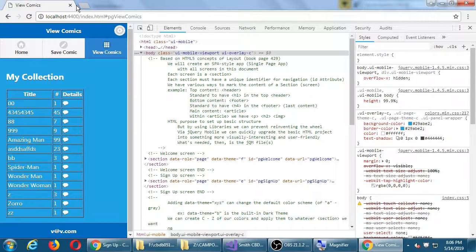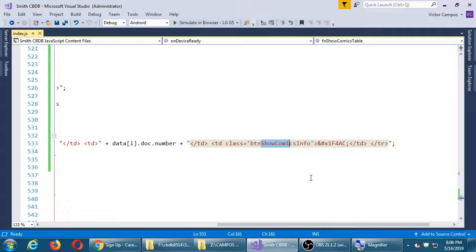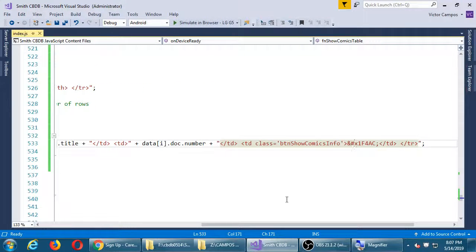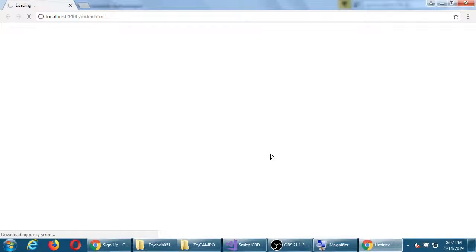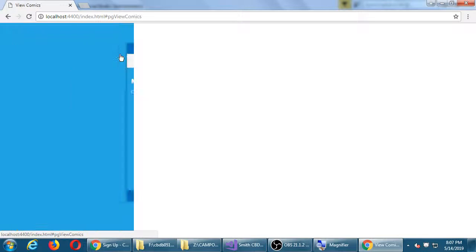We started to build that functionality in by adding a class to the cell where that icon is at. So when we click on the icon, do something. We're going to run into an issue here because this is dynamic. This class doesn't exist at runtime. That means when I run the app for the first time, or every time, that cell and that class does not exist